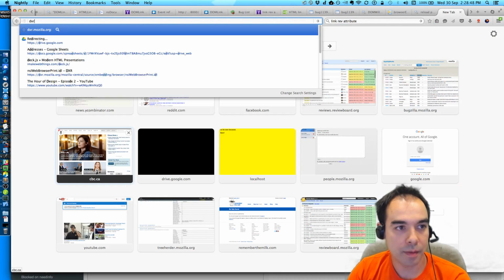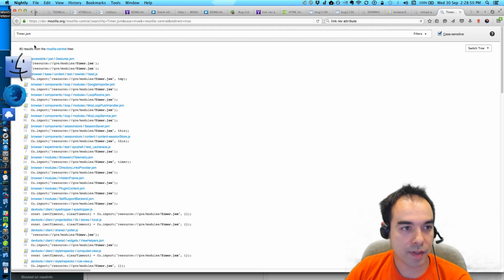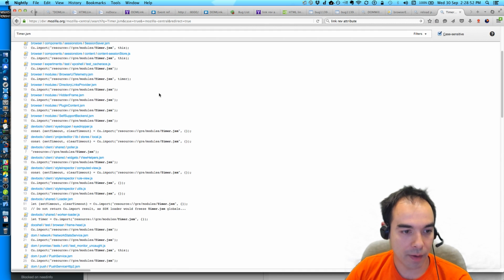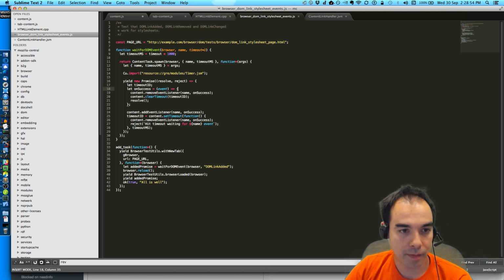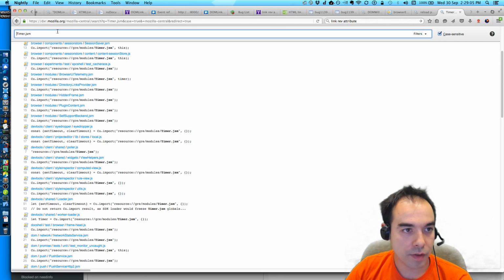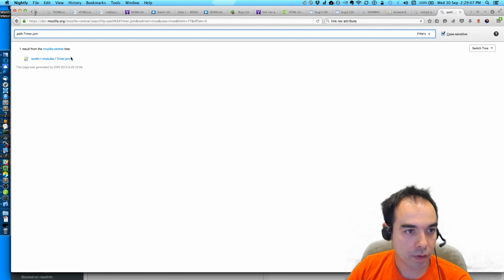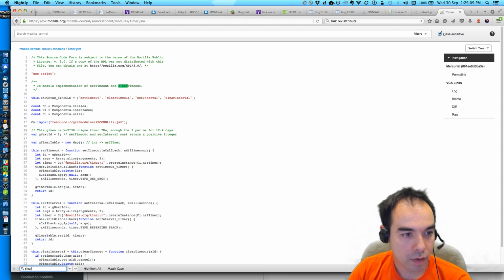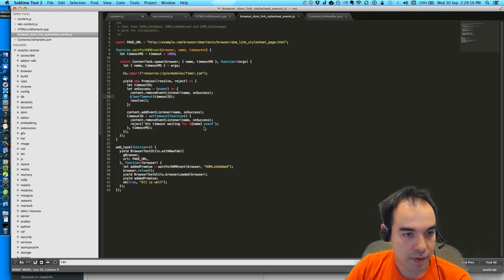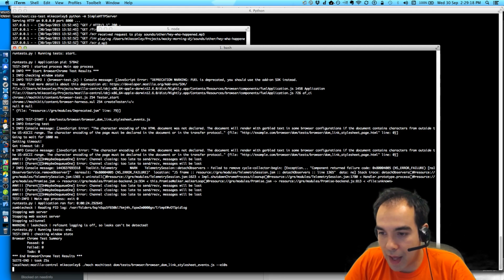I think that's available to us. And that gives us a sort of global setTimeout that will persist from page load to page load. I think also it gives us clearTimeout. Yes, it does. So let's see if that works.